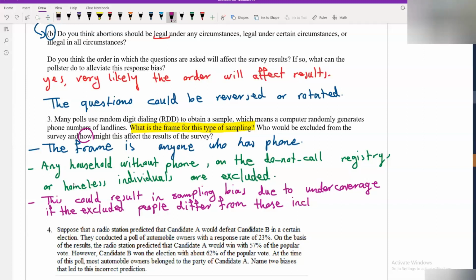Okay, I'm just writing this one this way. So this is a better answer for this part. So this could result in sampling bias due to undercoverage, because we prefer one part of the population over another one. We only consider those that have a phone, access to a phone. But what if we had these people here, homeless? So due to the undercoverage, if the excluded people differ from those included in the frame,